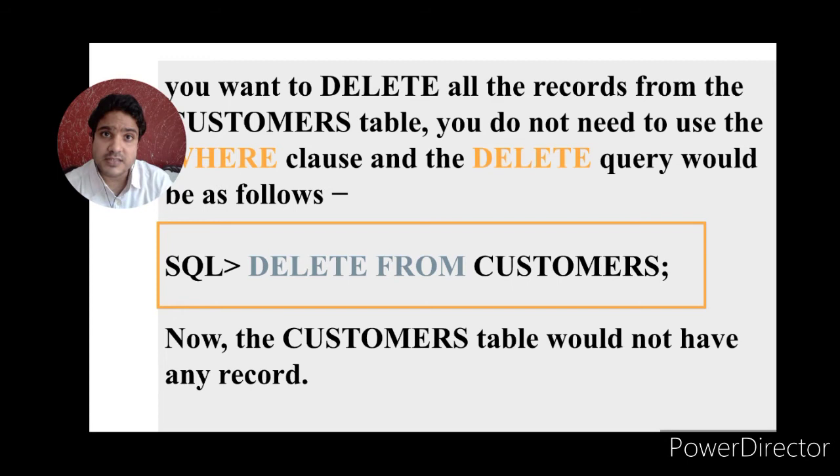So delete is applied to the information and the drop command is applied to the table structure in a physical structure. So delete is a DML command, drop is a DDL command. Whereas truncate deletes all rows. It is not the same as delete, but it is applied to the table structure only. I think you have understood that.